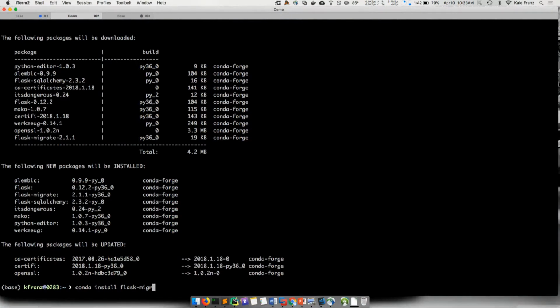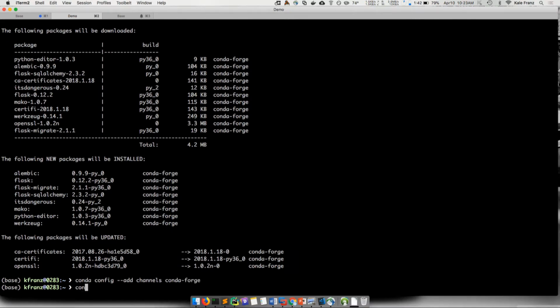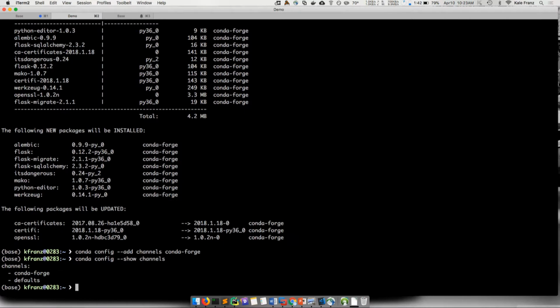All right. So other ways to interact with channels. If you're going to start using conda-forge normally, you'll just do conda config --add channels conda-forge. That'll add conda-forge to your channels list. Let's see, conda config --show channels. There.